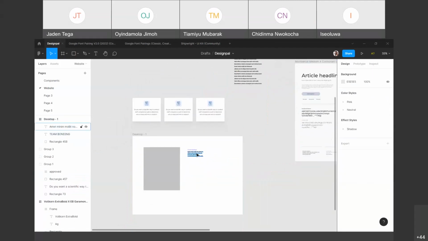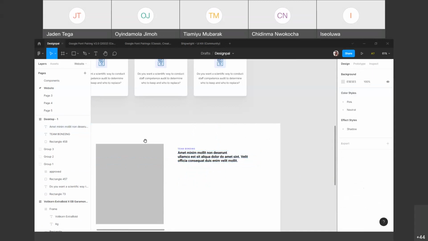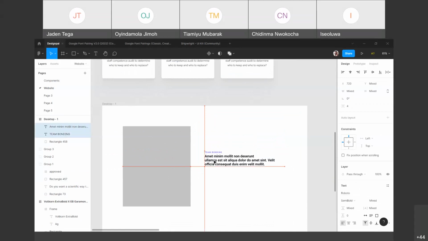Something like this. For design purpose, let me just increase the text. So auto, and I'll just do this. So yeah, what I wanted to say is even when you have a text that is this short